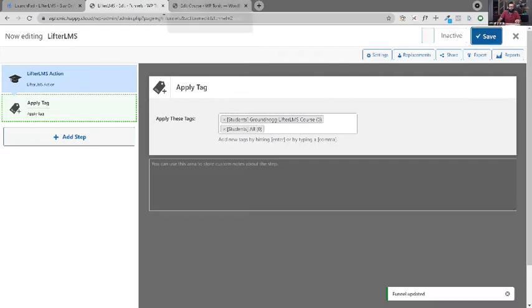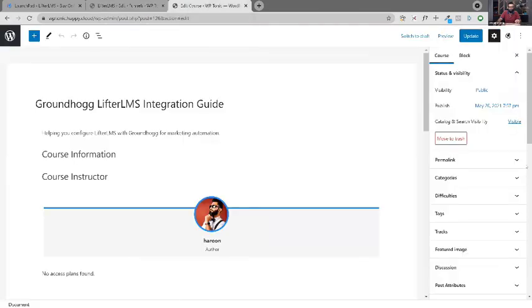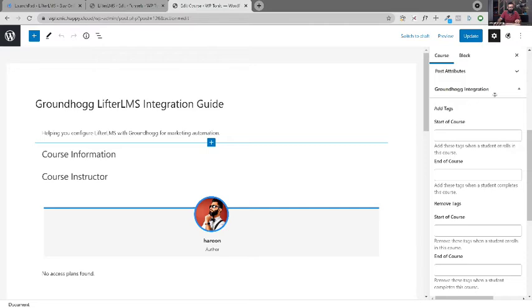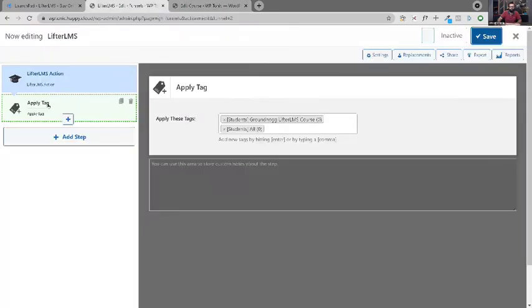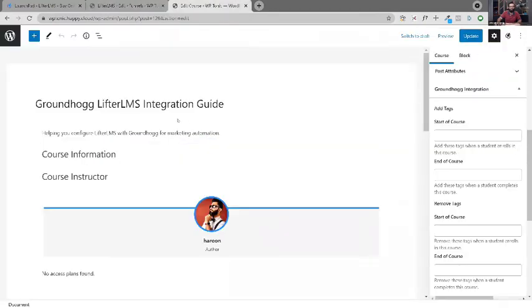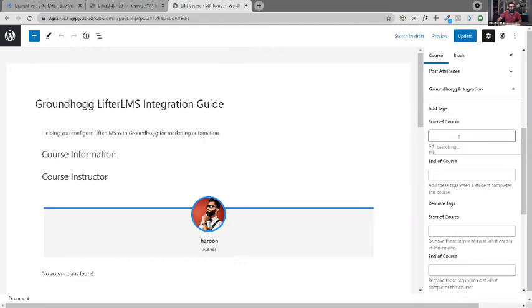And this brings me to another thing over here as well. When we are editing a course, over here we have Groundhog Integration. So if you only want to tag people when they have enrolled in a course, you don't need to do any automation with it, then you don't need to create a funnel for that. We're doing it here in the funnel because we're going to do a lot more with this funnel as well, not just this tagging. If all you need is tagging, all you need is segmentation, then you can do that automatically over here in Groundhog, in the course creation setup, that when they start a course, a particular tag can be applied to them. And when they end this course,